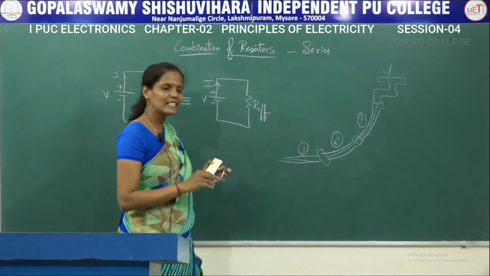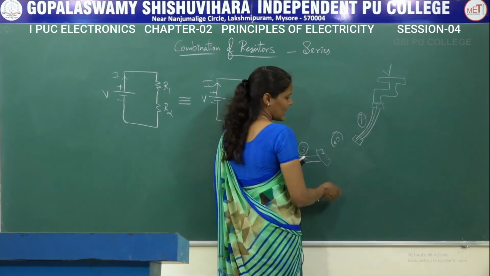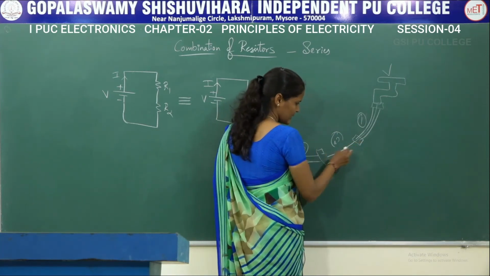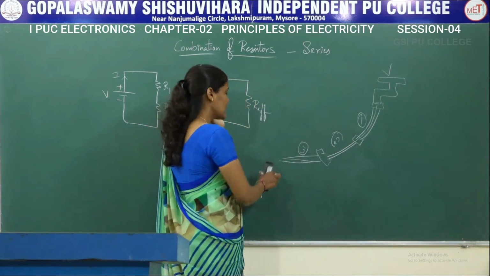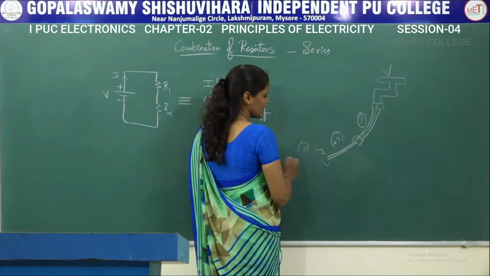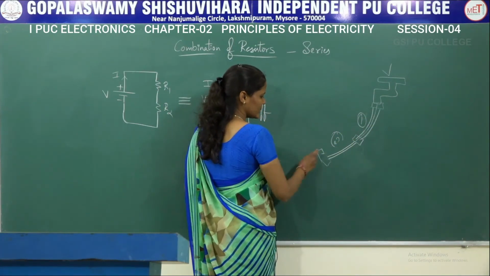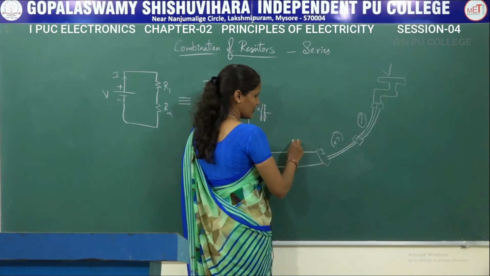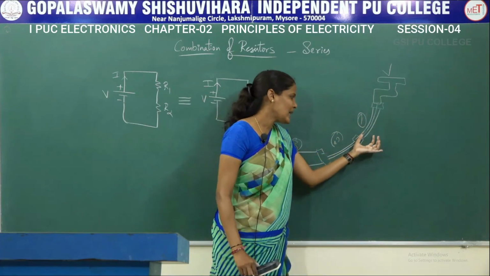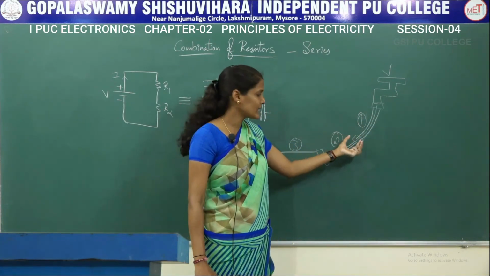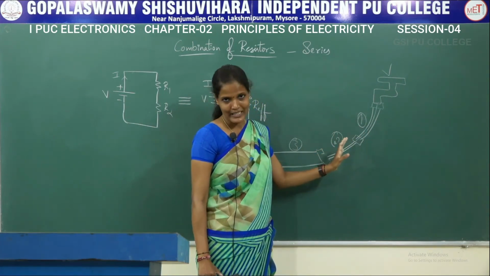But when it comes to voltage, if I consider that I am not using pipes of the same diameter, but pipes of different diameters, a medium size, a small size, and a third pipe of very large size, then the force of the water coming out of these pipes is different, depending upon the thickness of that particular pipe.